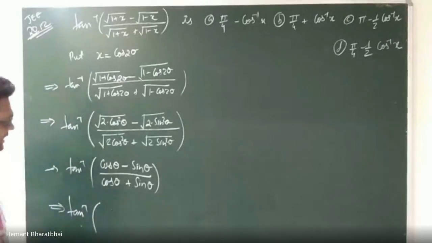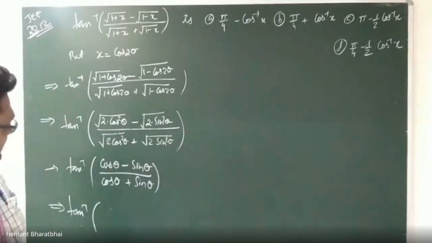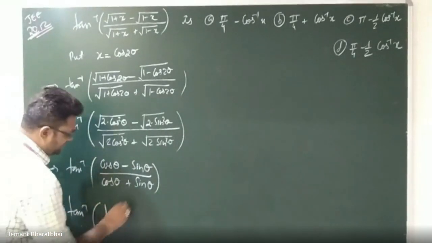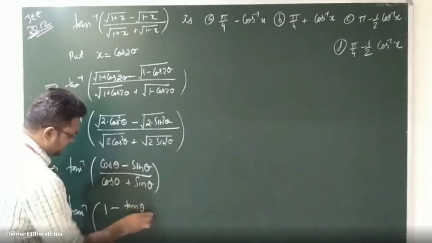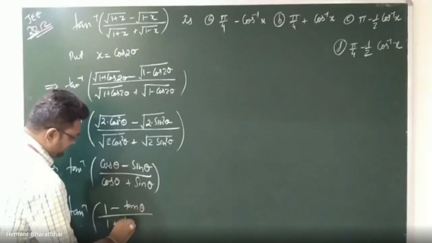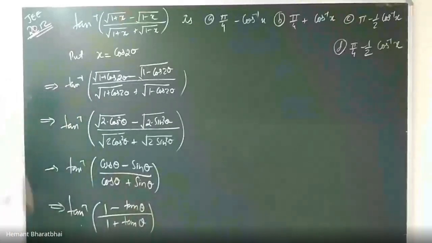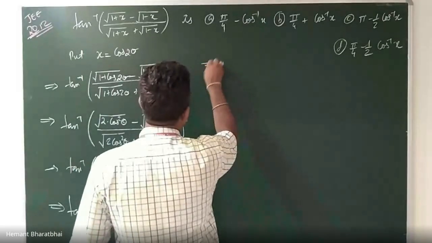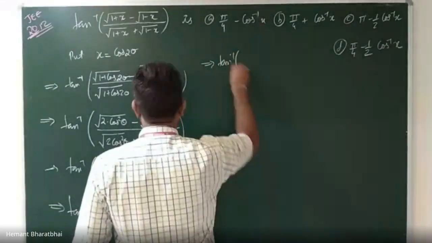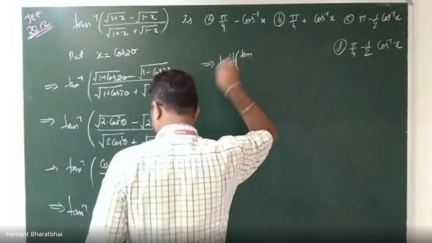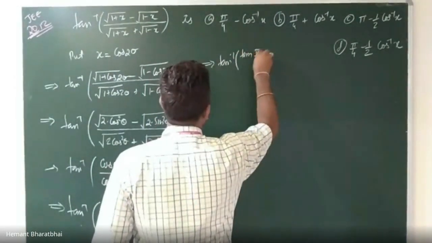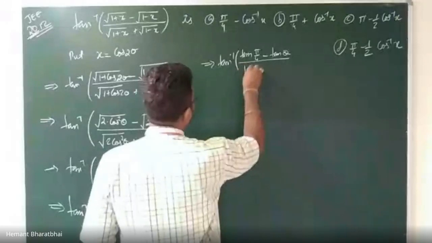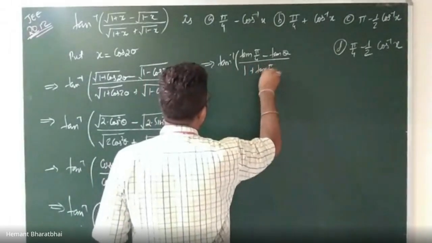So now again we have to think over here. If I divide numerator and denominator by cos theta, then I'll get 1 minus tan theta upon 1 plus tan theta. And 1 can be written as tan of pi by 4, and therefore, here is my hint, I'll get tan inverse of tan of pi by 4 minus tan of theta upon 1 plus tan of pi by 4